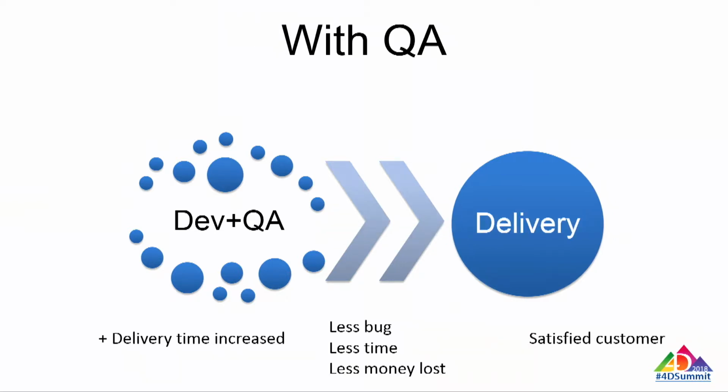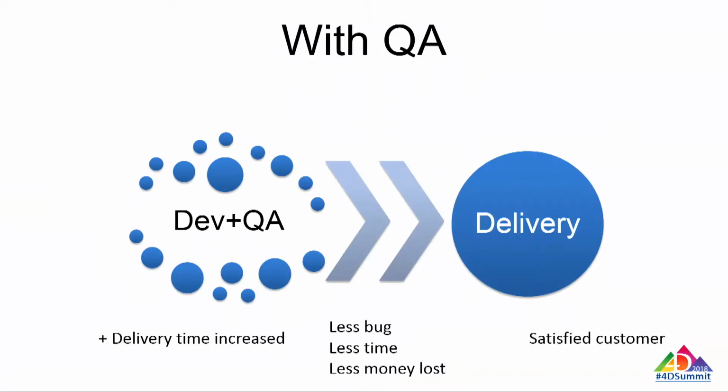But if you have QA processes already included in your development workflow, of course, this will help you avoid this kind of bugs in your development. And also, the testing phase will be included in the project schedule from the beginning. So this will lead you to meet your deadlines, also to have better resource management, and of course, finally, the customer will be satisfied.